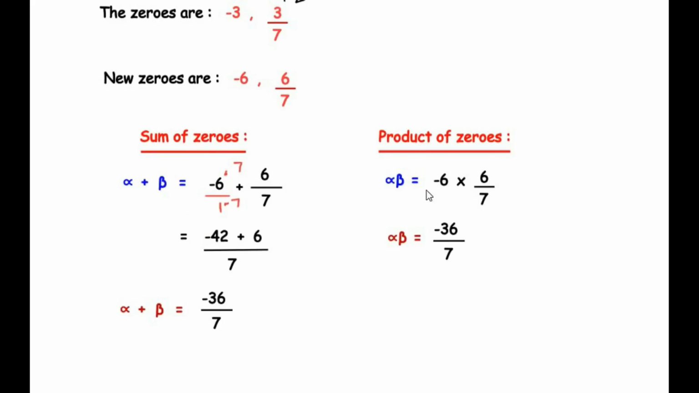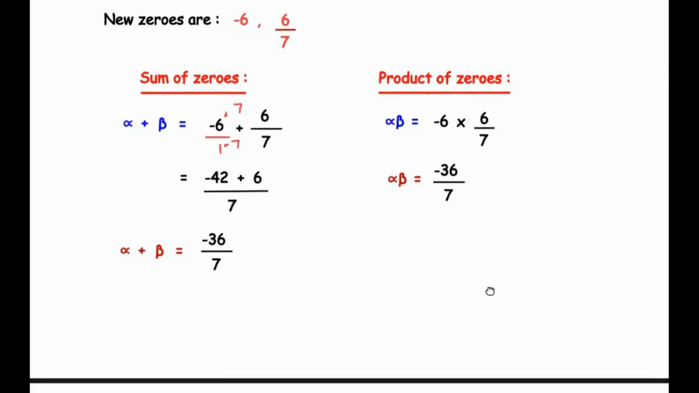Now for product of zeros we are going to take alpha times beta, that is negative 6 times 6 over 7. So this is going to give us alpha beta as negative 36 over 7. Now once we have got sum and product of these zeros, let us write down the equation of the required